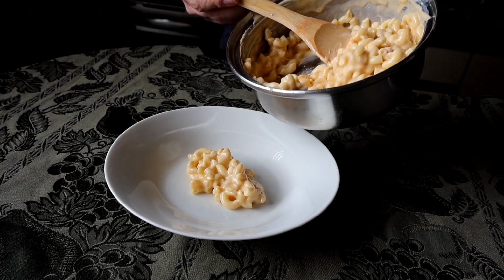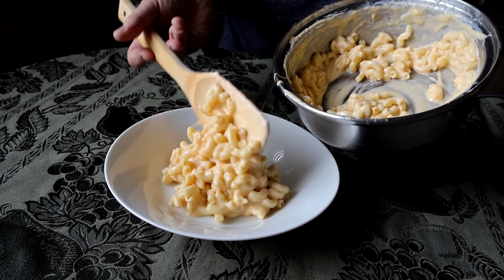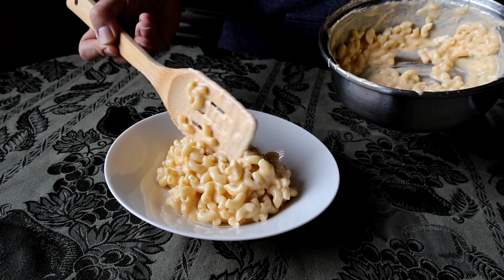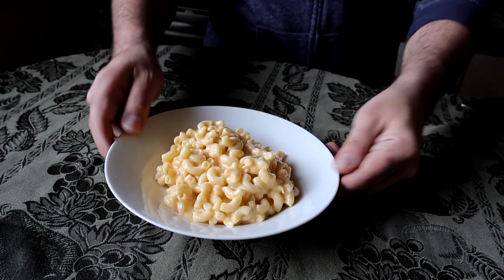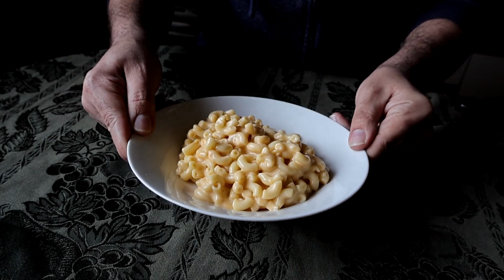Now if you wanted to, you could take this mac and cheese a little further by adding some cooked broccoli florets, maybe some peas or spinach, or how about a can of tuna? Go ahead and make it your own masterpiece. One thing is for sure, this is by far the easiest way to make it. So